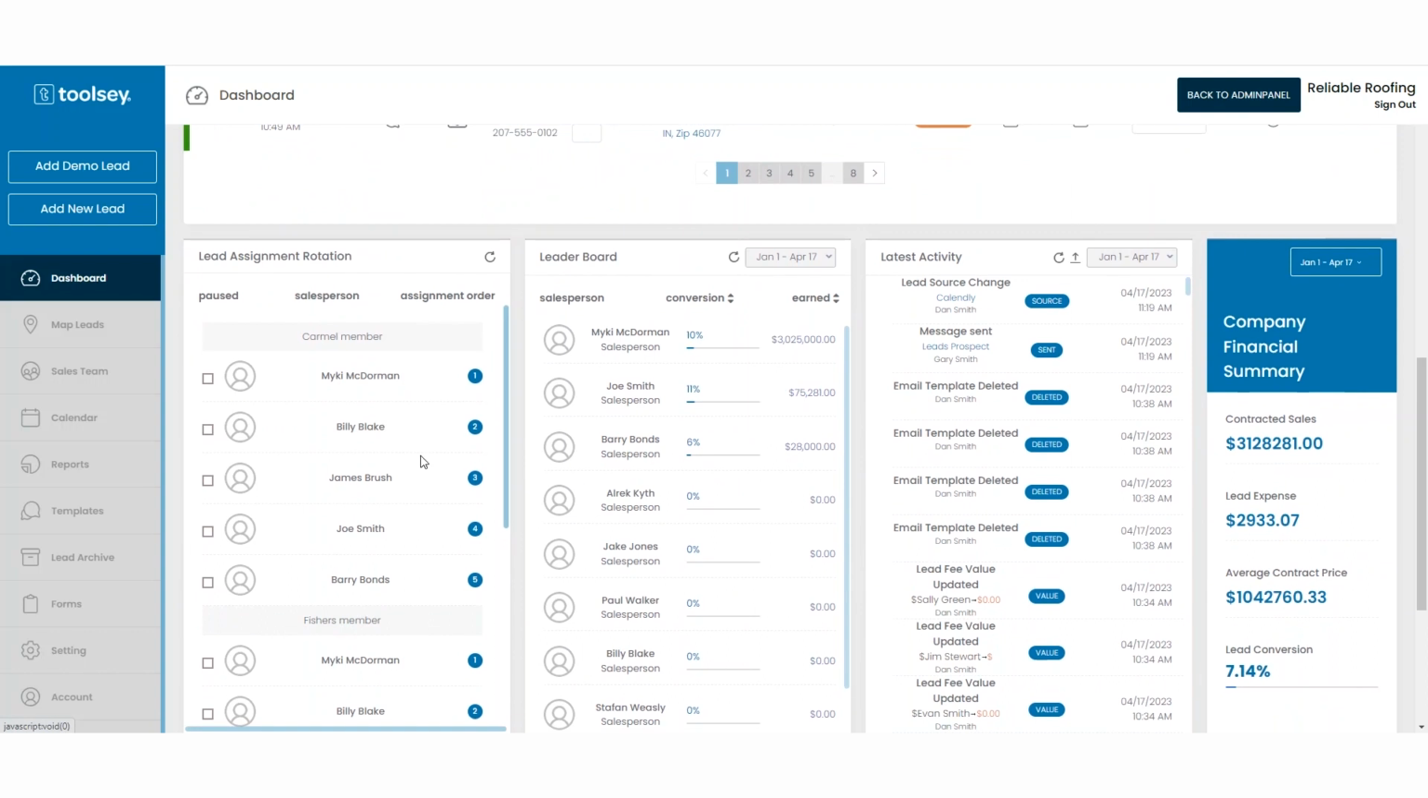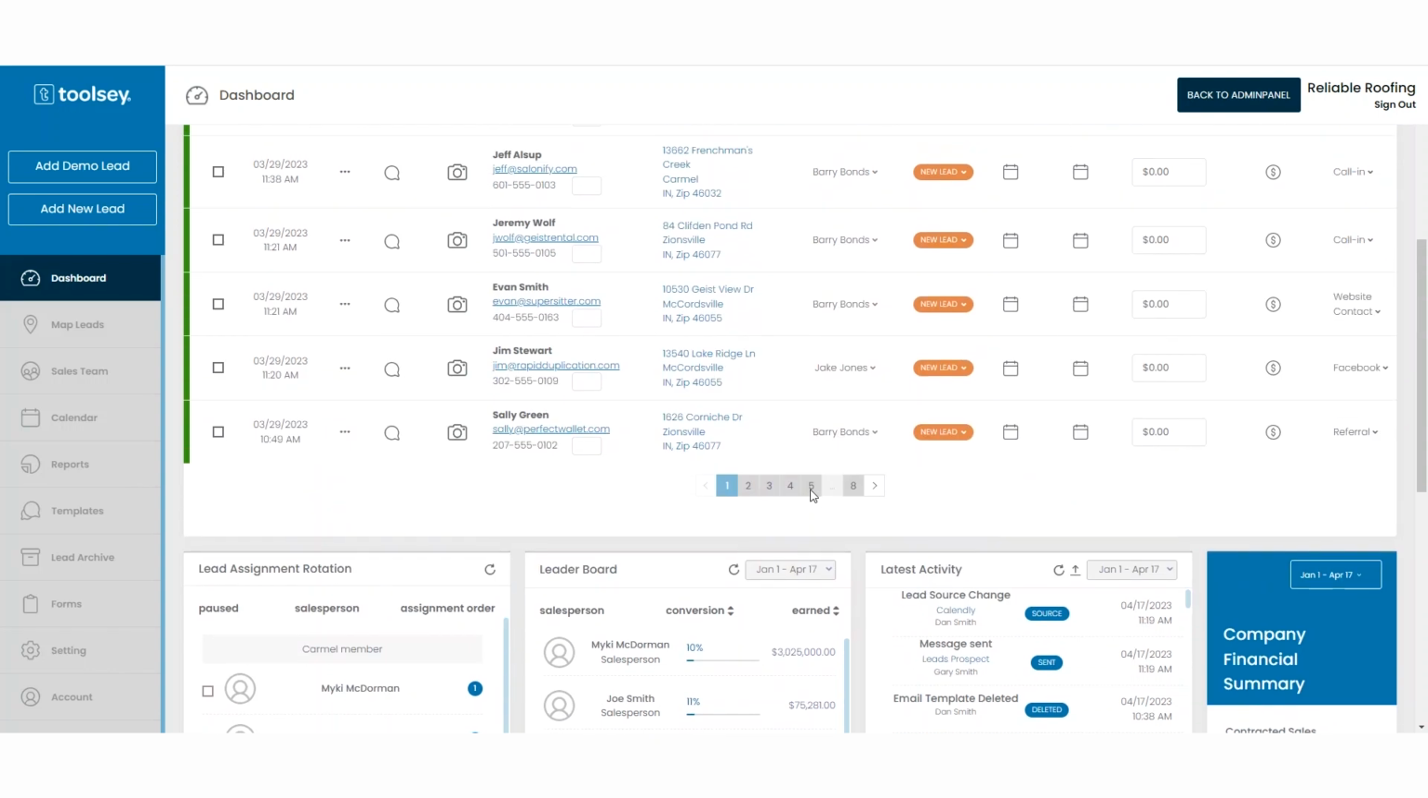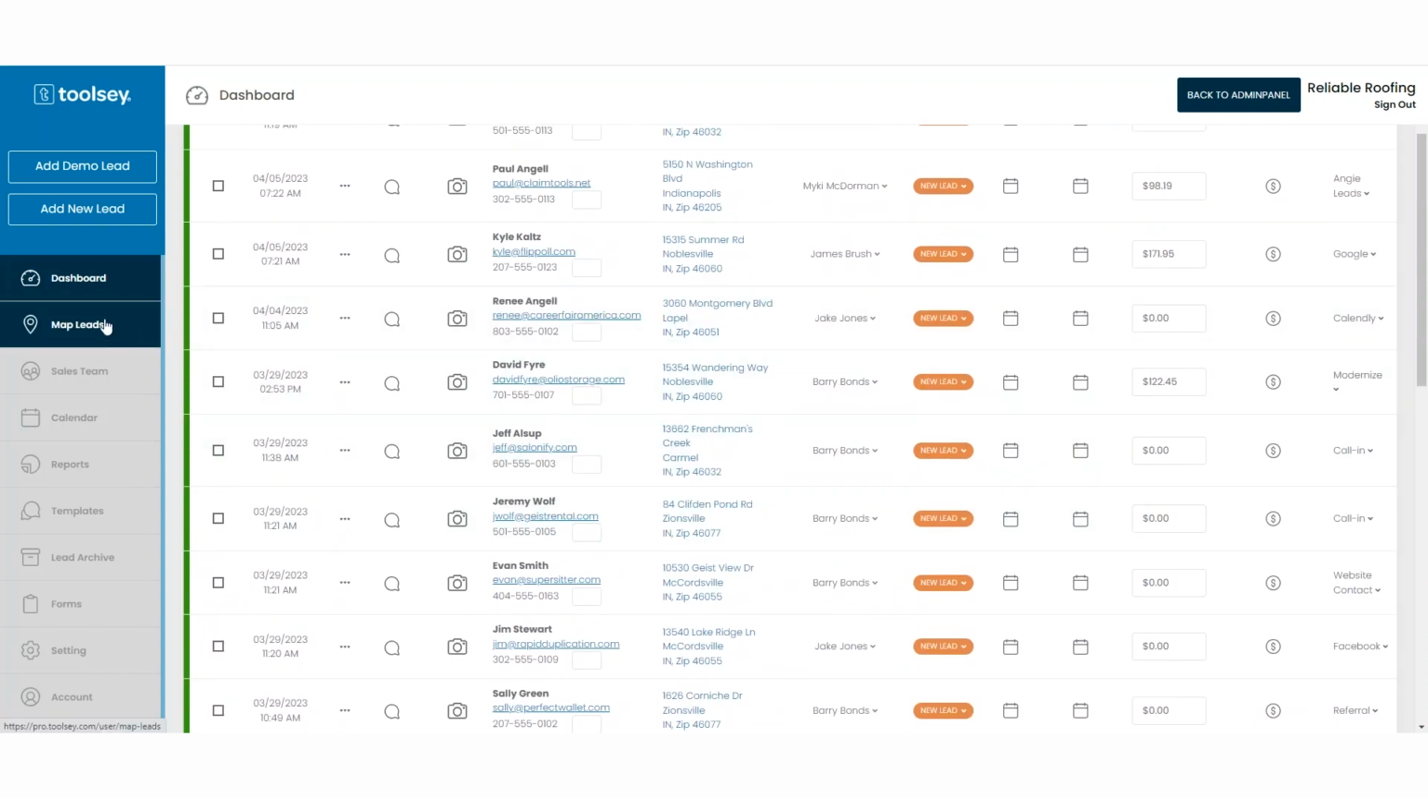If you scroll down, you can see the lead rotation based on team that's going on, the conversion and the conversion ratio, and the dollar amounts generated, and then also activity in the system, and some really brief summary company information. When you go beyond the dashboard, you look at